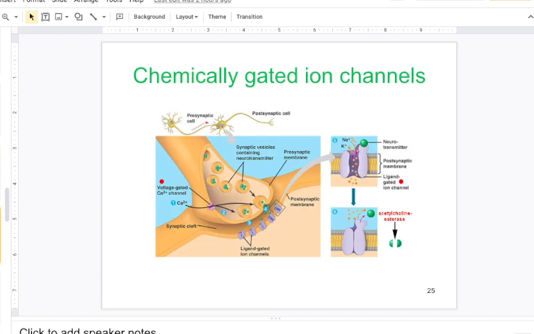Chemically gated ion channels very commonly happen with neural transmission. So you have a presynaptic cell and a postsynaptic cell. Chemically gated channels can also be voltage gated channels, because they aren't going to open until a specific voltage is reached within the cell. We have synaptic vesicles containing neurotransmitters that are going to perform exocytosis into